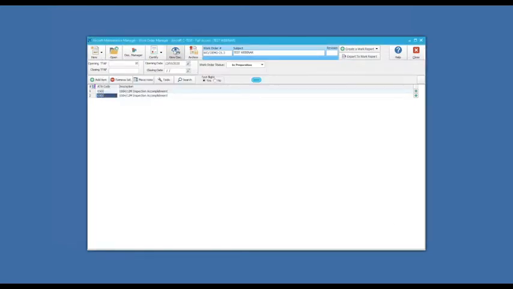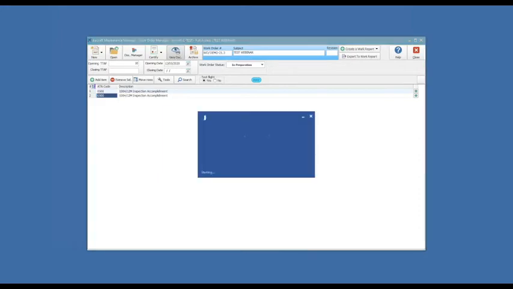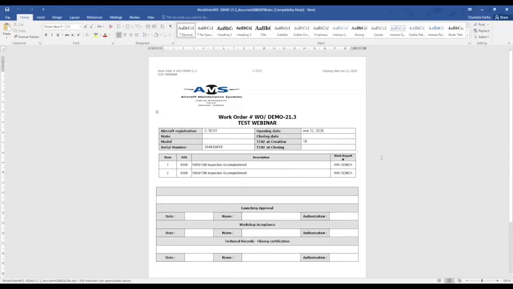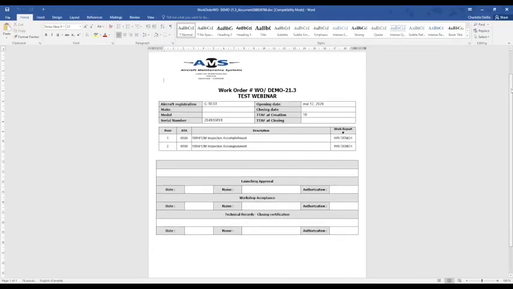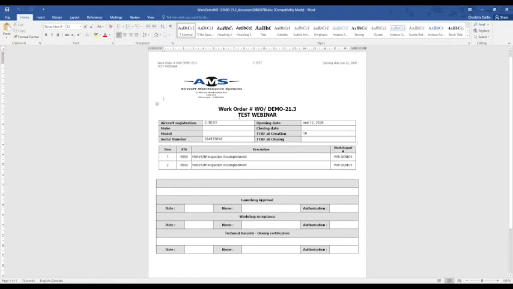The document that will be generated will look like this. As always, you have the work order number with the subject, and then you have the information as usual, and you will see the item that you added at your work report, with the work report linked to each task if you have more than one work report to do the job.